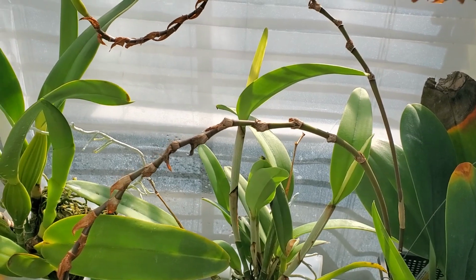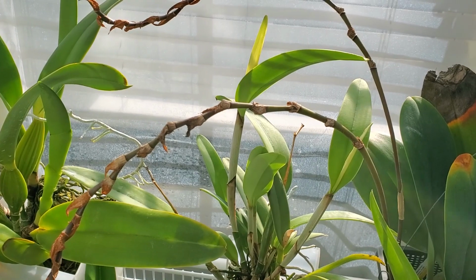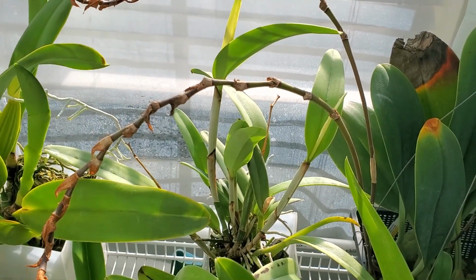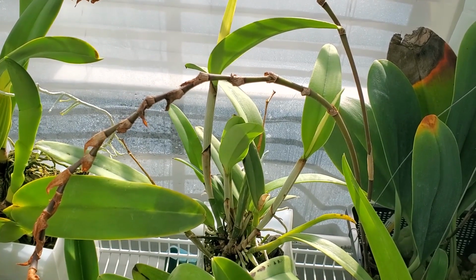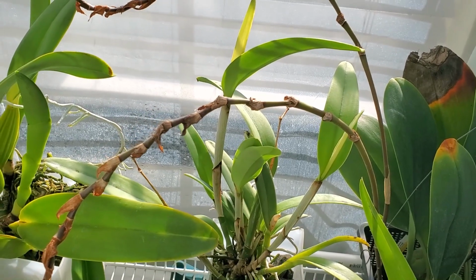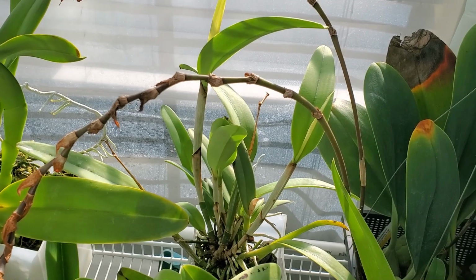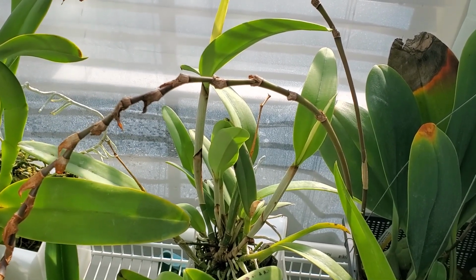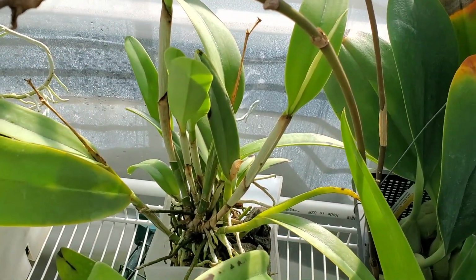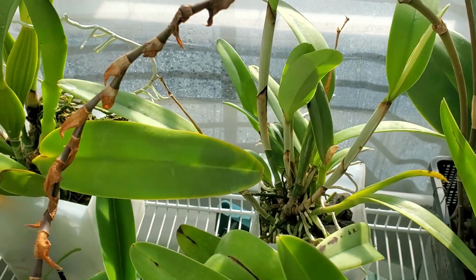So I, of course, pulled that off. I used some Spectracide fungicide, which I don't know if that's the most effective for fusarium, but I didn't have anything else at the time, so I made a dip of that. I think the active ingredient is myclobutanil. Anyway, I made a dip of that. I submerged the whole plant up to probably about here in that, soaked it for about 5 minutes or so,